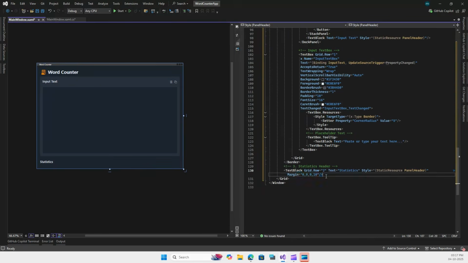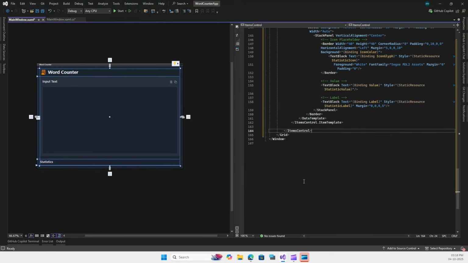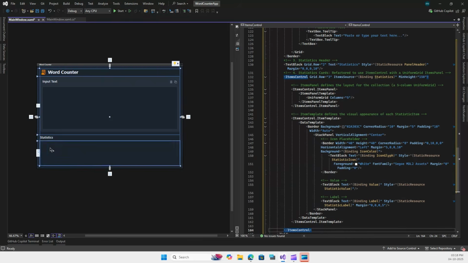Next, we add the items control, and this will have a data template and an item template, and I will soon explain what this code means. So let me copy this first and paste this data over here. And now you have the items control in this last row, which is the Grid.Row of 3. So the statistics card